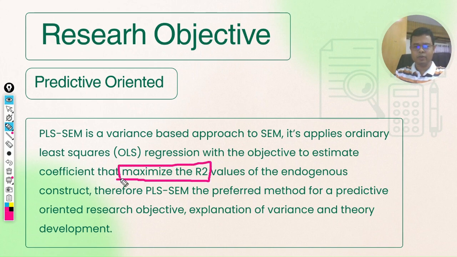This is the predictive relevance value, right? Predictive coefficient value. Okay, so this is one reason. Secondly,